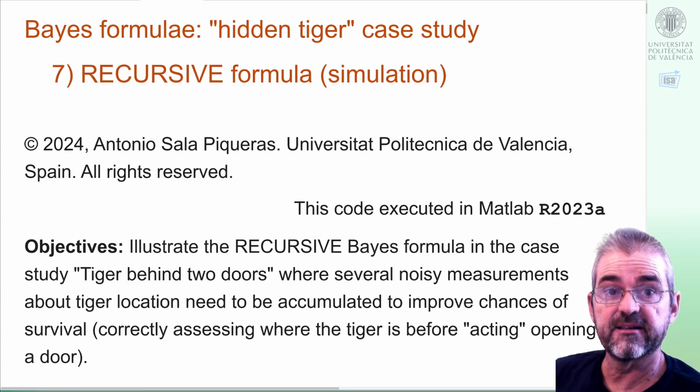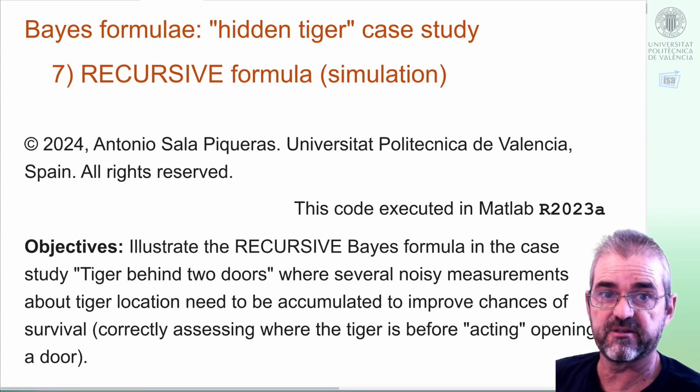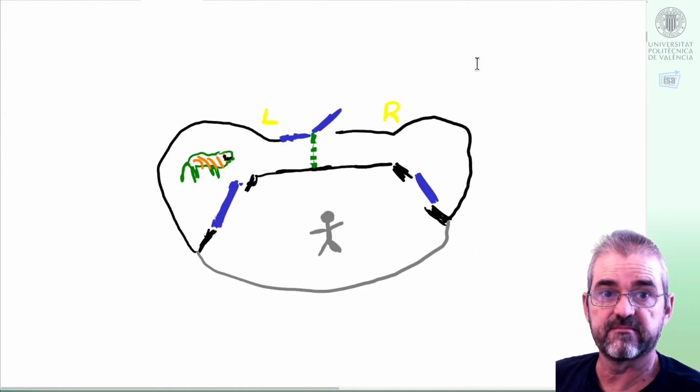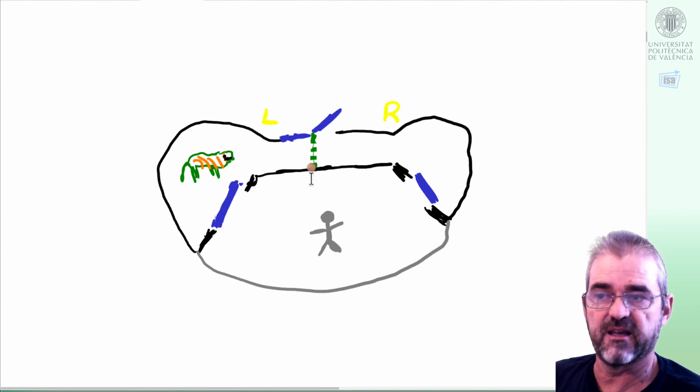I'm Antonio Sala, and in this video we are going to illustrate via a simulation the behavior of the recursive Bayes formula, and we'll do that on the case study regarding a zookeeper that we handled in a set of previous videos. Tiger was going left, right, randomly, and suddenly the gate closes, and then Tiger roars